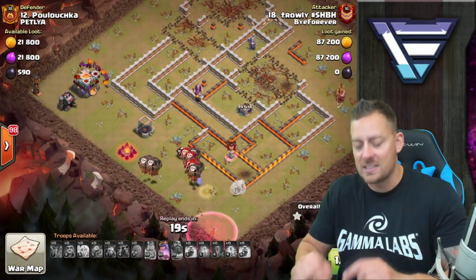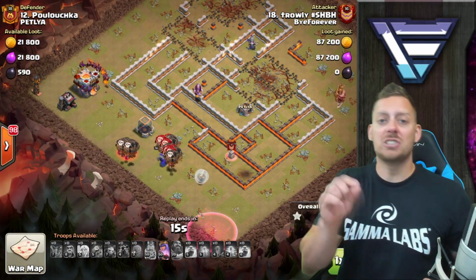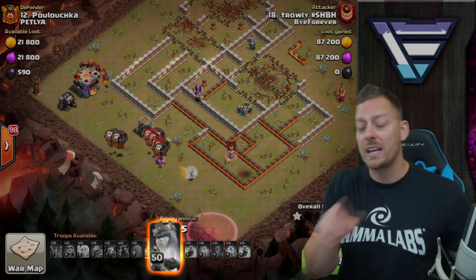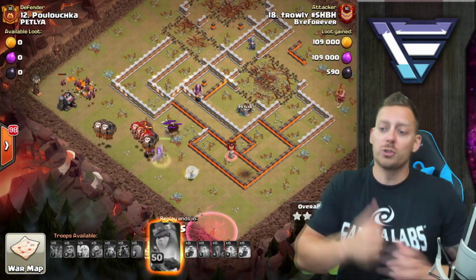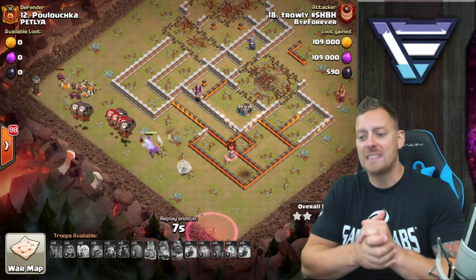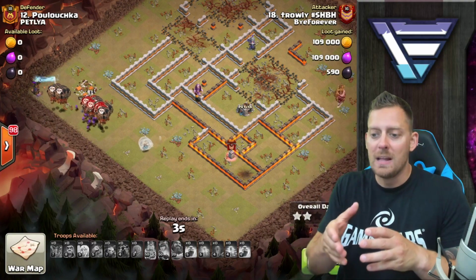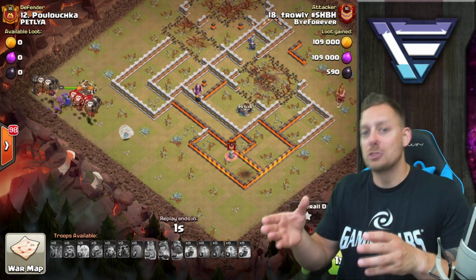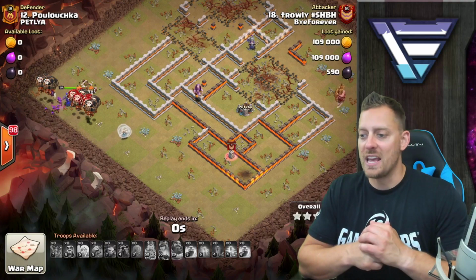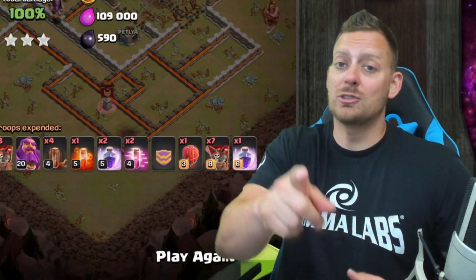This is why I love this attack strategy, because even if you lose all of your balloons, you still have a chance of pulling the 3-star with that queen walk if you can keep the queen alive. So make sure you utilize those rage spells so that the queen stays up during the attack and is allowed and able and capable of pulling in the triple as your secondary source in case the balloons don't stay up. Trowley pulling in the triple, but there's one more version of this attack strategy that we're going to look at